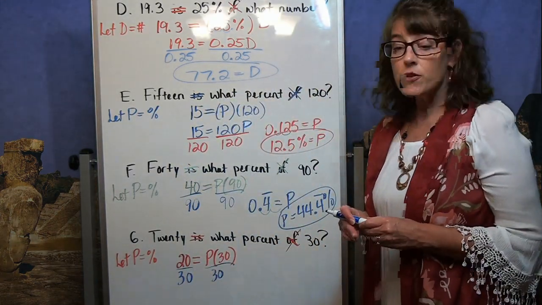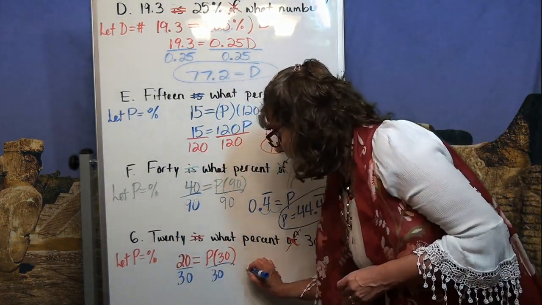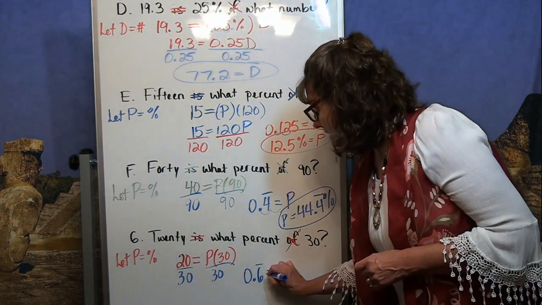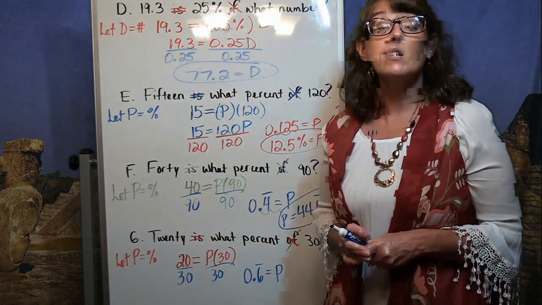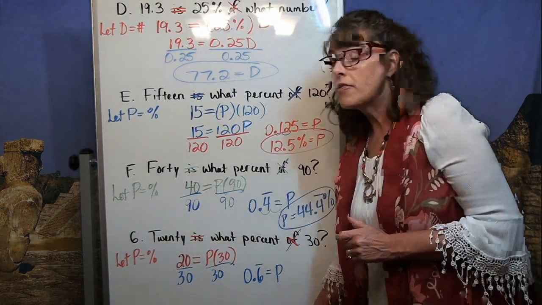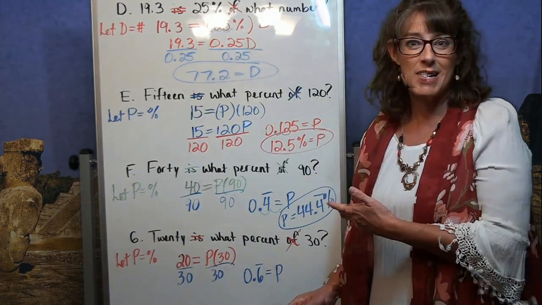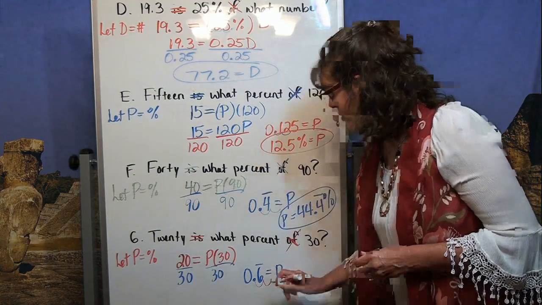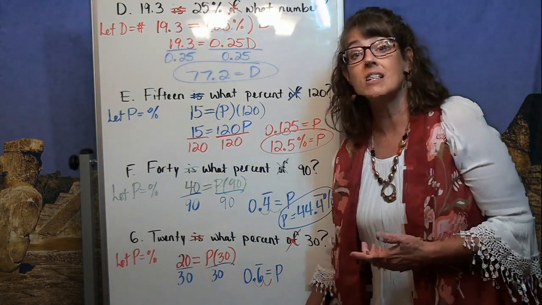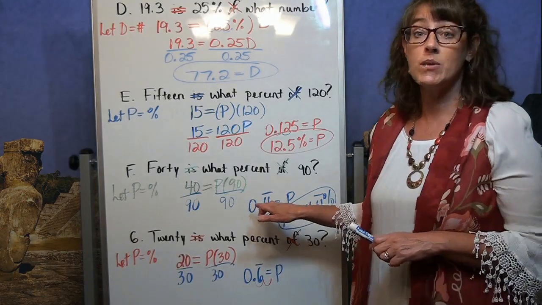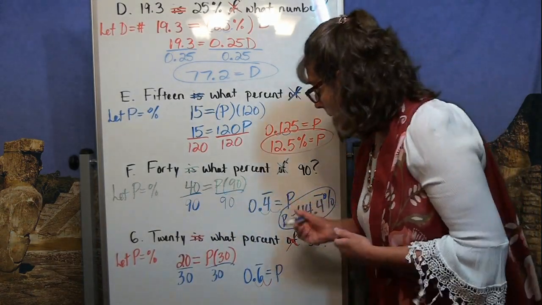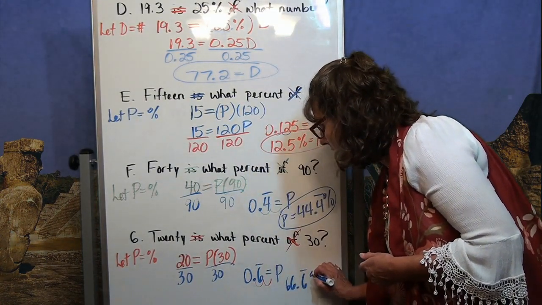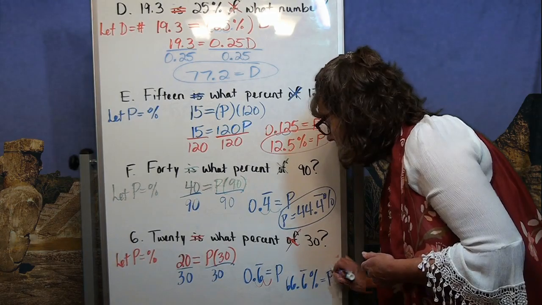And 20 divided by 30, 2/3, is the decimal value. And here we go again with something that repeats, 0.6 repeating. And that's my P. But like we said before, that's the decimal format. I want the percent format. So we know that means kick it 2 to the right, 1, 2. I'm not filling in zeros because the 6 is repeating, just like up here. I wasn't filling it in with zeros. The 4 was repeating. So I'm going to get 66.6, and that 6 is going to repeat, and that's going to be my percentage,